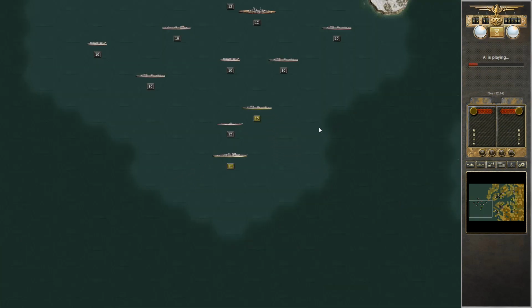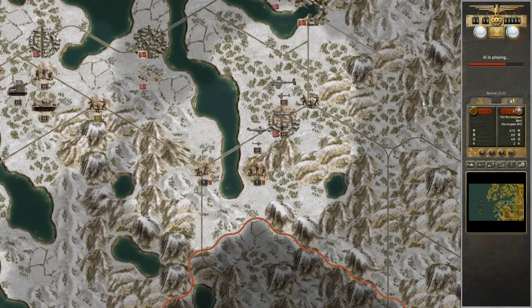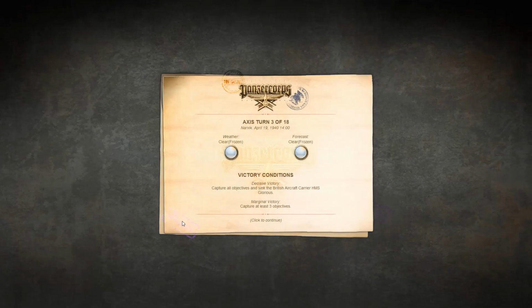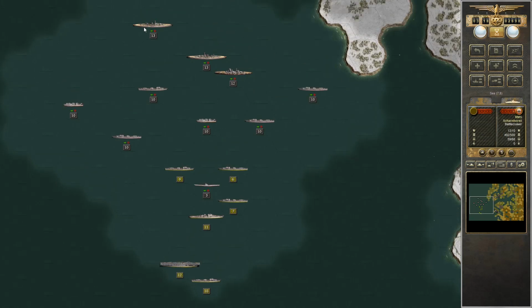Well, let's see here then. So they're gonna go after the submarine. Not bad for me. Means I get to destroy quite a few enemy units here, I think. Okay. Alright. Luckily as well, the submarine is still alive. So...